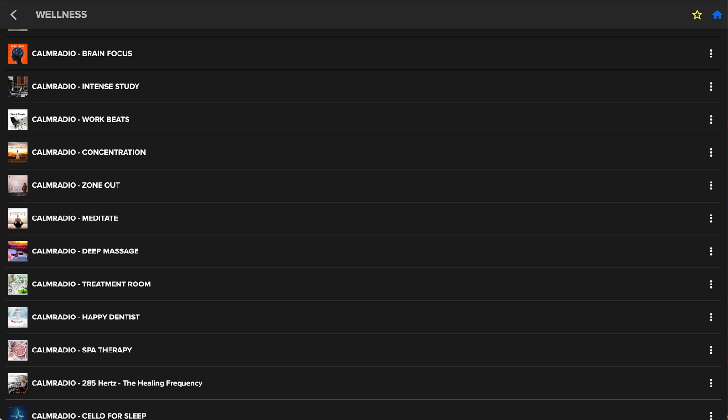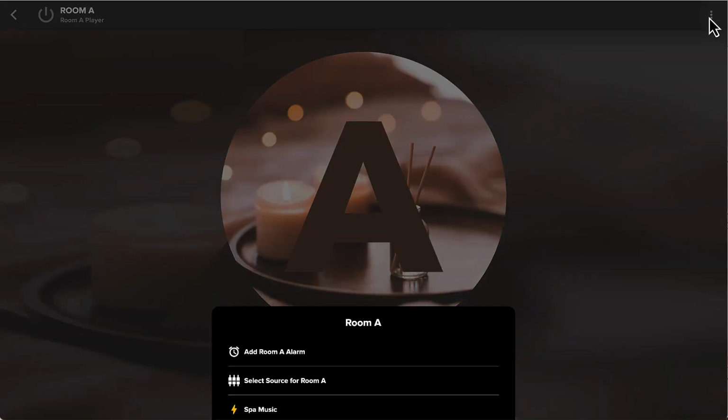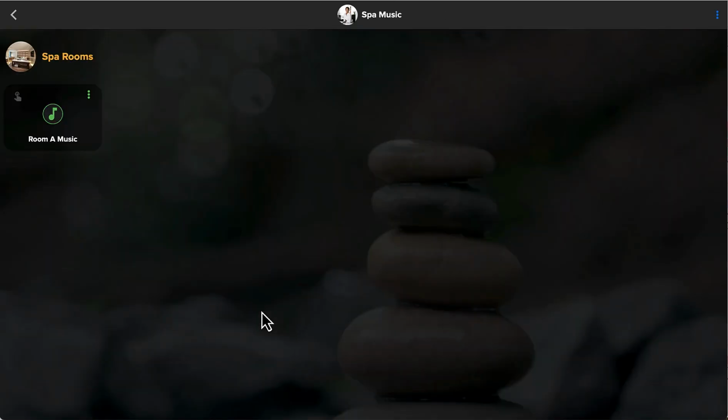Okay, now that we have selected all our music, let's go ahead and go back to our home page. And now we want to go back to our task page, which is called Spa Music. And you can see now that the warning sign is no longer there because we have added those music items